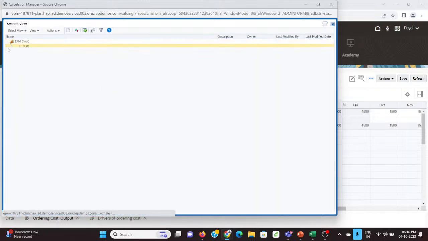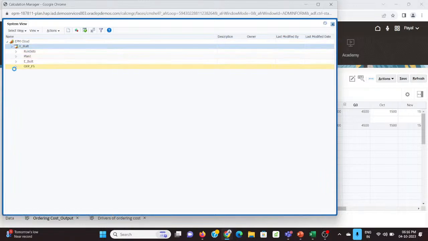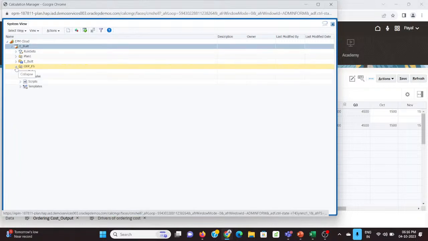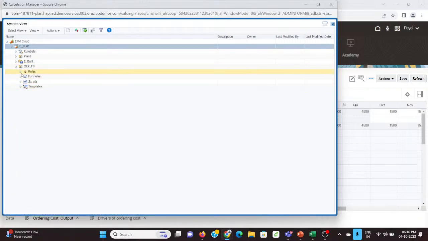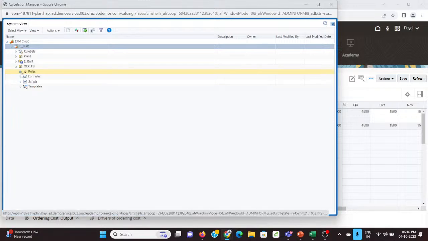Yesterday we learned how to write a business rule with the help of edit script. Today we're going to learn how we will write a business rule through designer view. Now we will make all our business rules in OEPFS because we are working in this cube. So for designing a business rule,